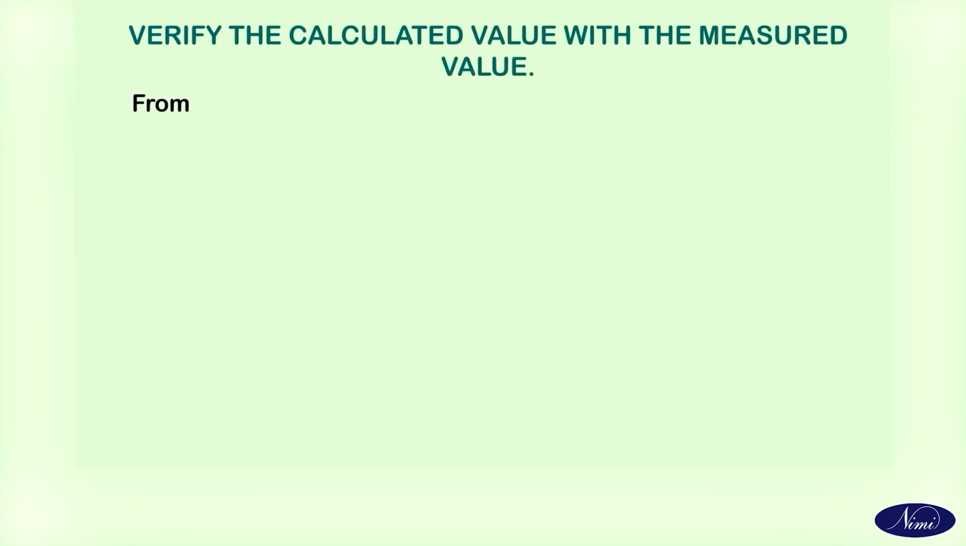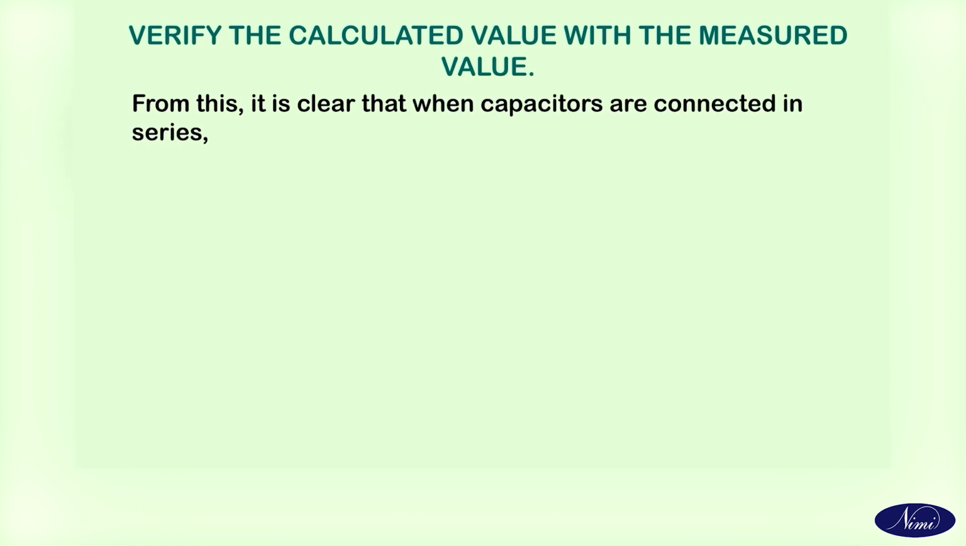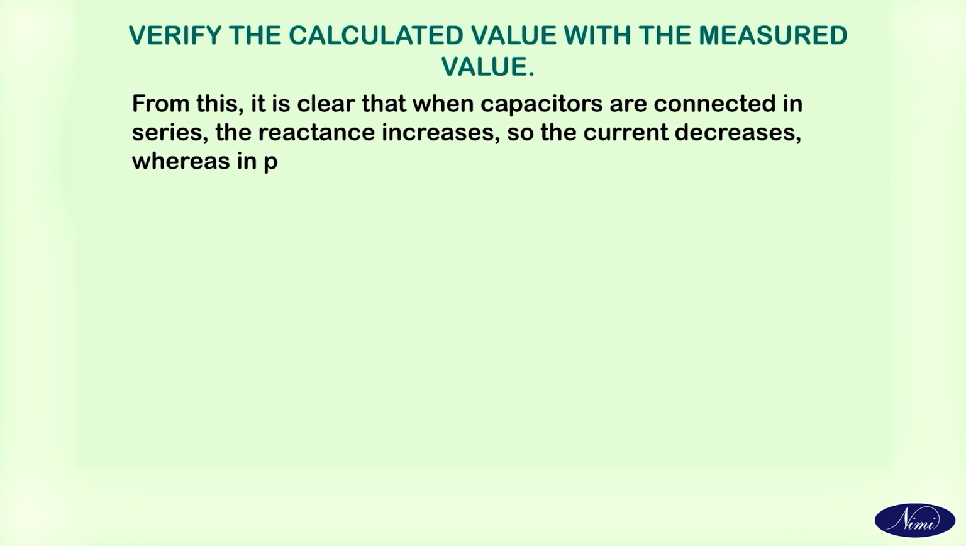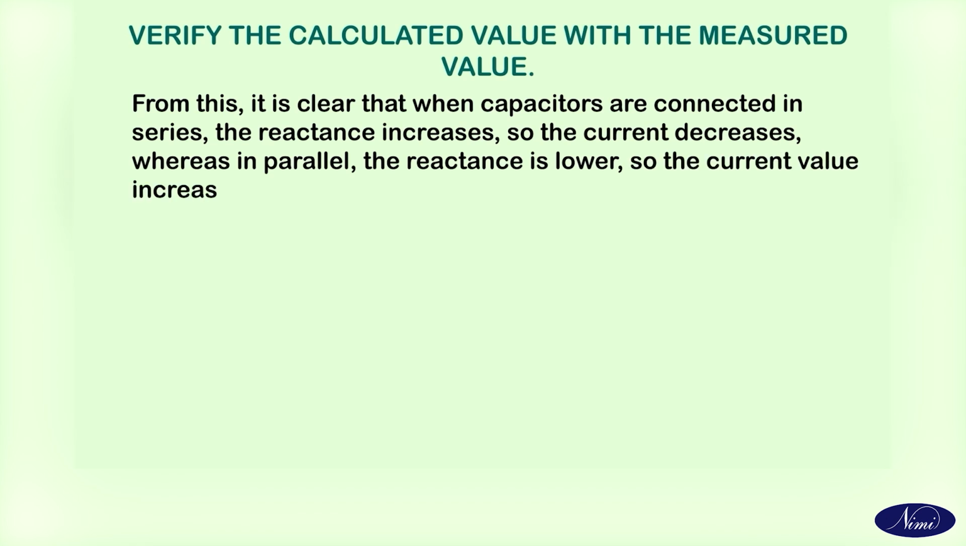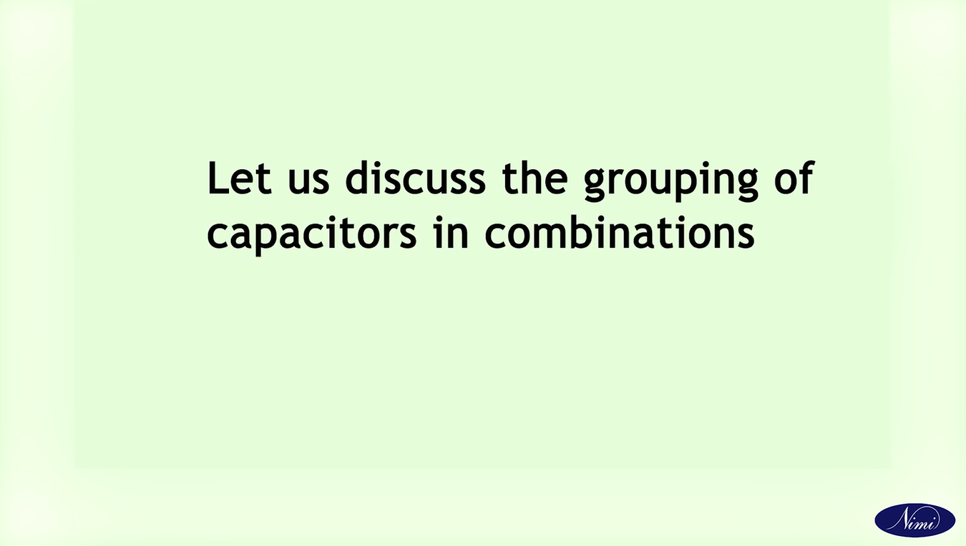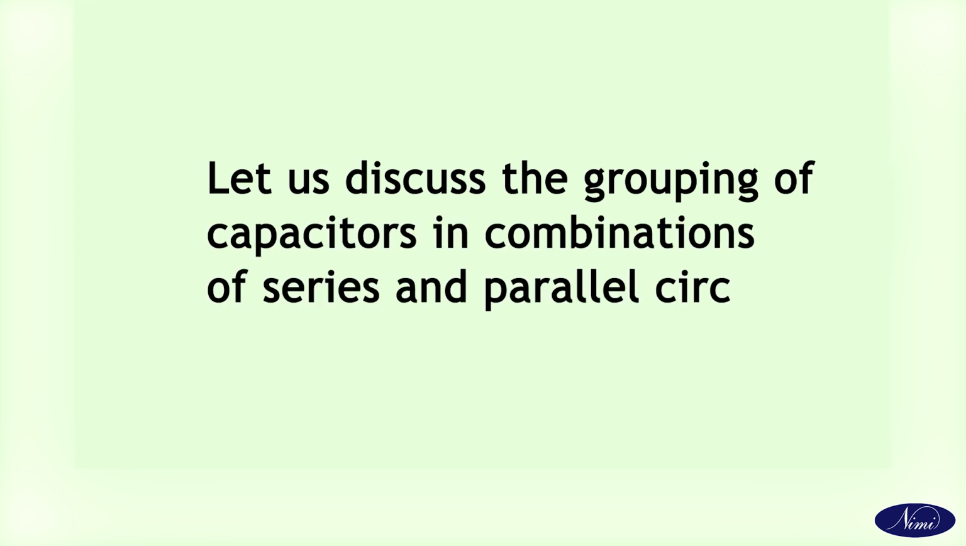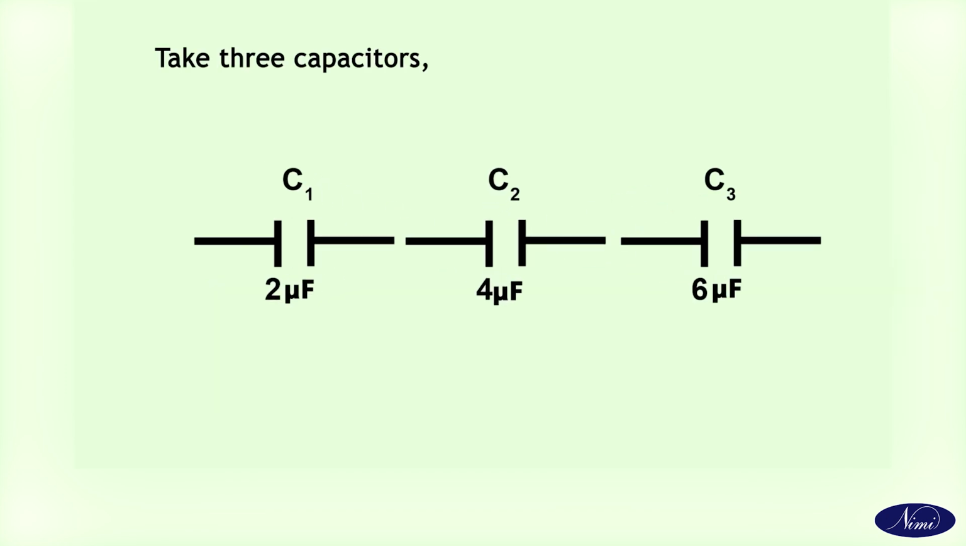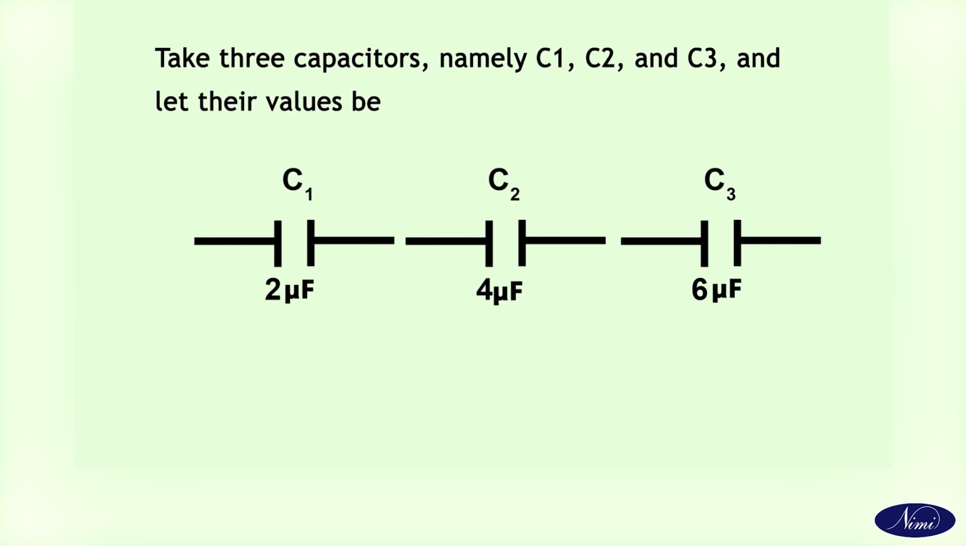Verify the calculated value with the measured value. From this, it is clear that when capacitors are connected in series, the reactance increases, so the current decreases, whereas in parallel, the reactance is lower, so the current value increases. Let us discuss the grouping of capacitors in combinations of series and parallel circuits. Take three capacitors, namely C1, C2 and C3, and let the values be 2, 4 and 6 microfarads